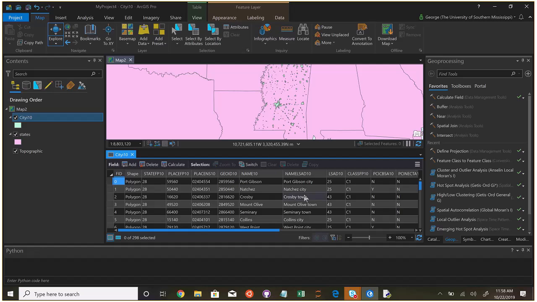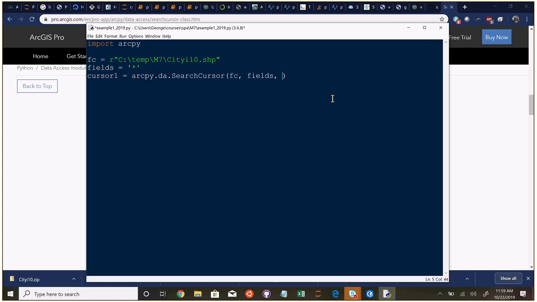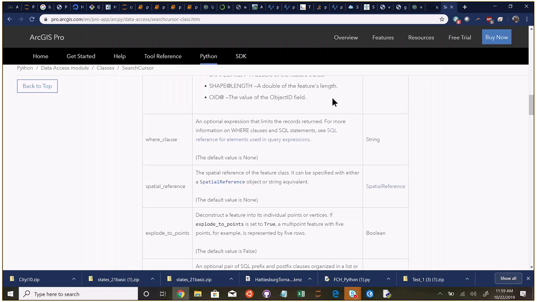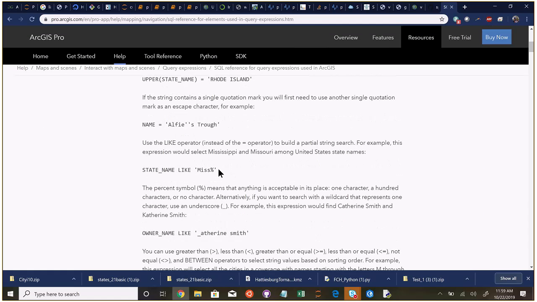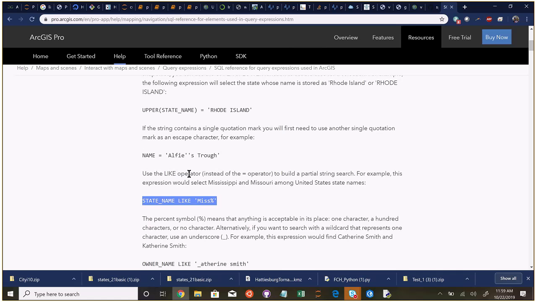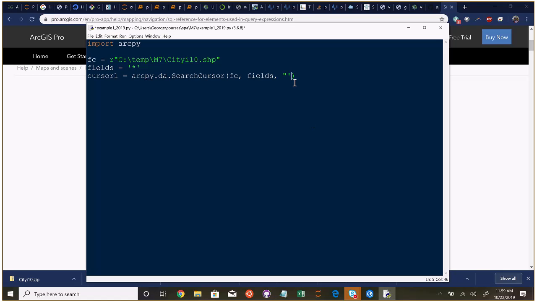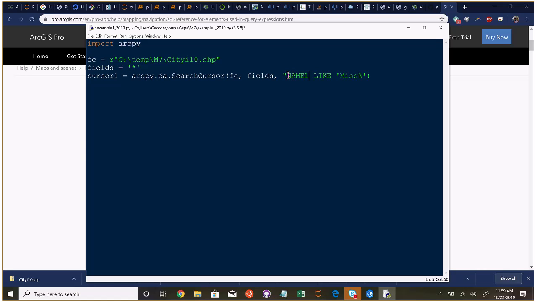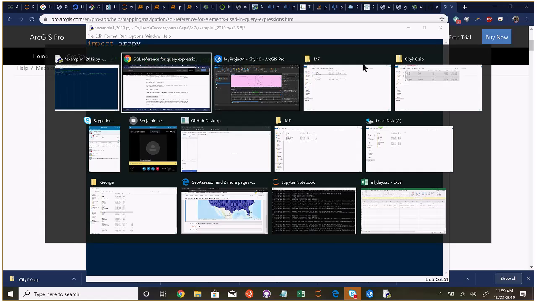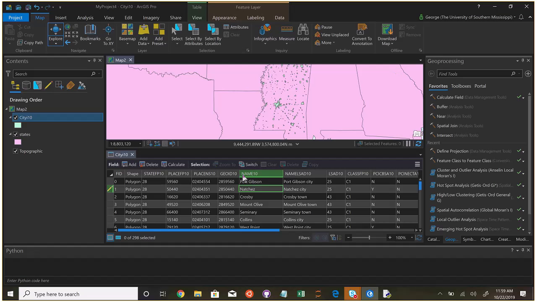All right. Well, if we only wanted to get one city out, we could make a where clause. We'd have to make sure that we get the query expression right. It doesn't look like we put it in parentheses. Where, not state name because we won't have that variable, but name 10 I think was what it was called. Let's look over here. Name 10